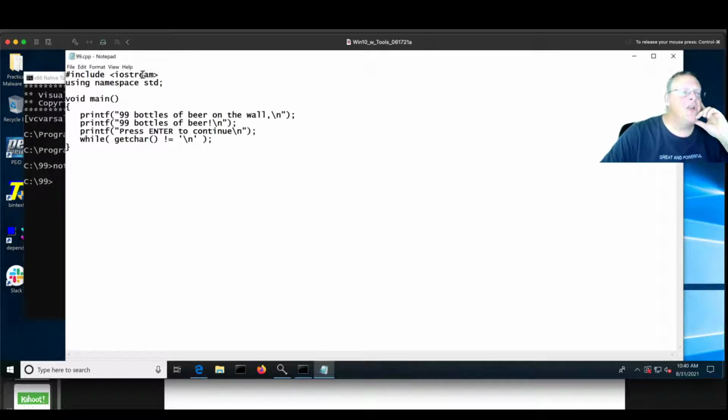This is just going to include iostream, so I have input-output functions, and it's going to print 99 bottles of beer on the wall. And then press enter to continue, so it's not going to just end and terminate, it's going to pause, waiting for the user to press enter. That's all it's going to do. So this is a very simple program, just prints a couple lines of text. So we save that,